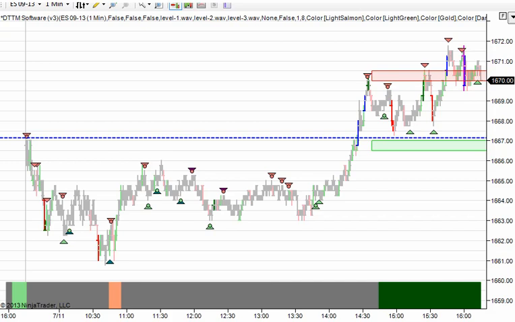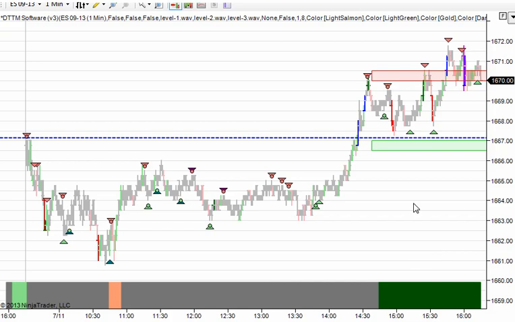but I thought I would look at the ES, or the E-mini S&P, today and talk about it in terms of, number one, using a little bit of bigger picture context and the overnight session to help you make better decisions while you're trading. And then two, talk about a really nice, what we call confluence type of setup that occurred later in the day. So with that as a background, let's review